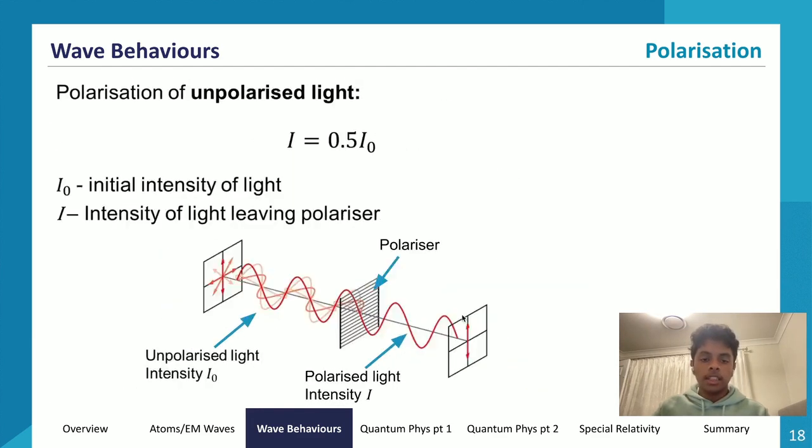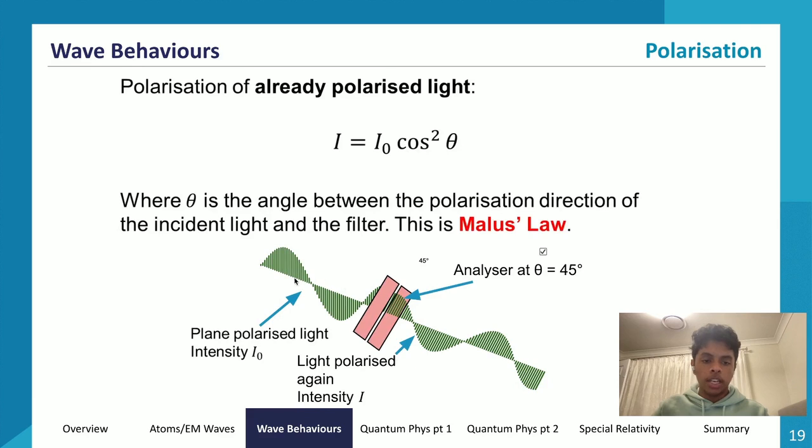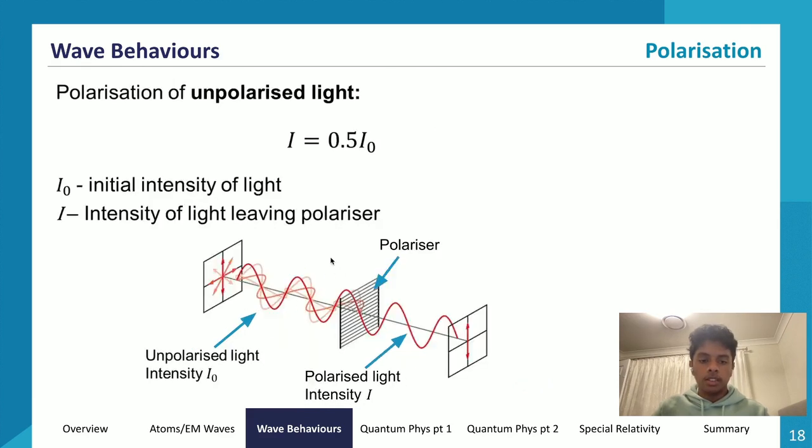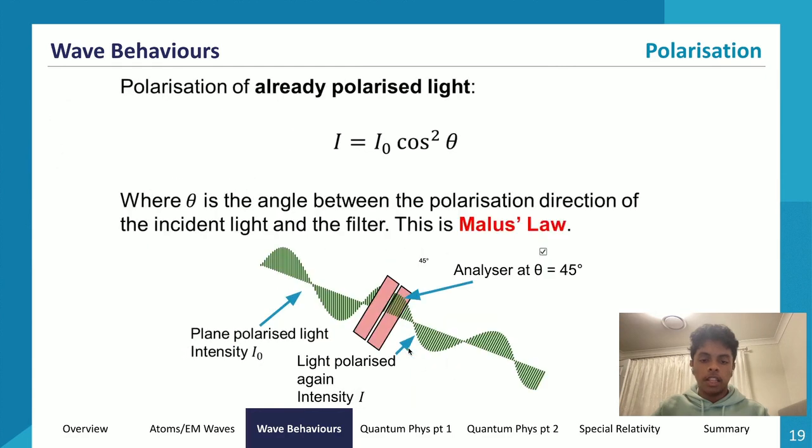So say now, let's go through this picture. Say now this vertically polarized, plane polarized light over here. So it's the same light wave. Say it now hits an analyzer or a polarizing filter at an angle of 45 degrees. Then the light will get polarized again, and only a certain amount of intensity of light will pass through this 45 degree oscillated light.